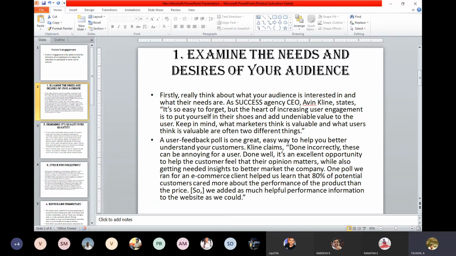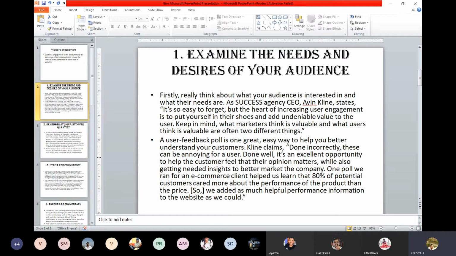And you can even mention in what way it will be helpful during the crisis. You have to explain it in such a way that they have a good attitude towards you, or they will be loyal to you, because you have understood their problem and explained it in the content. So that is why it is really necessary for us to examine the needs and desires